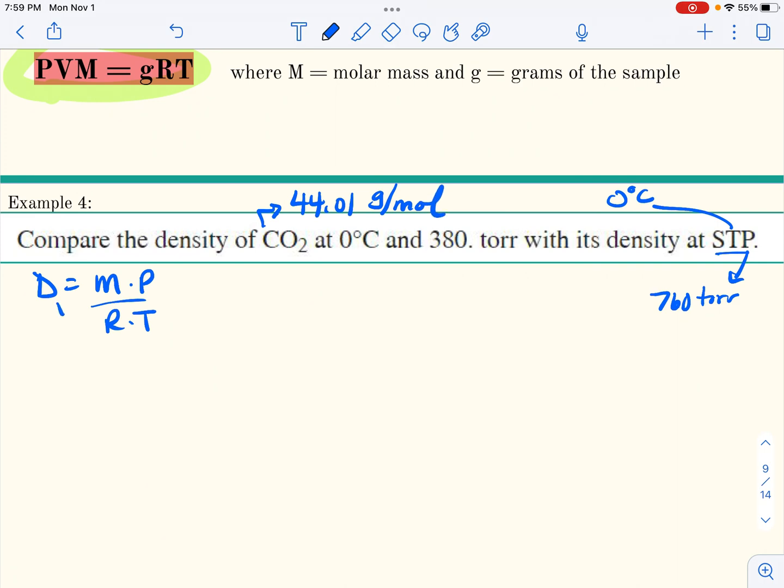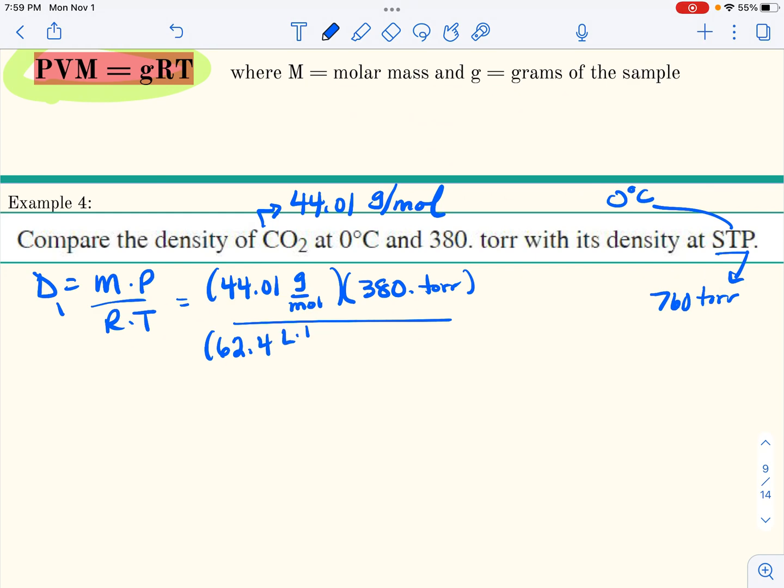So let's find this first at the first conditions. So the molar mass, 44.01 grams per mole. And the pressure was 380 torr divided by R. Since it's torr, I'm going to use 62.4 so you have 3 sig figs. 62.4 liters torr per moles Kelvin. And the temperature, 0 Celsius, is the same as 273 Kelvin. And I found that the density in this case is 0.982